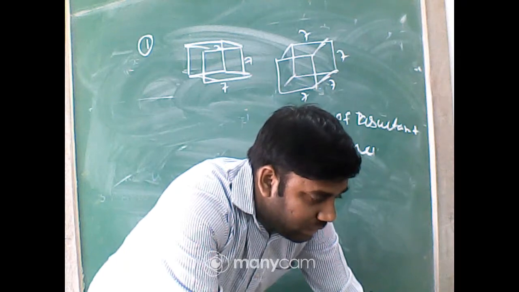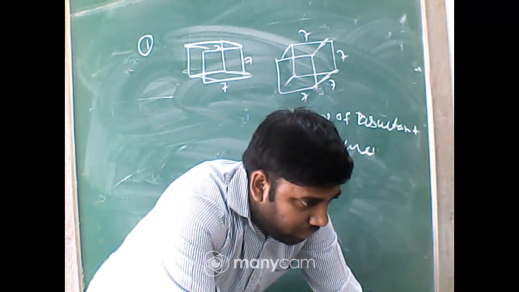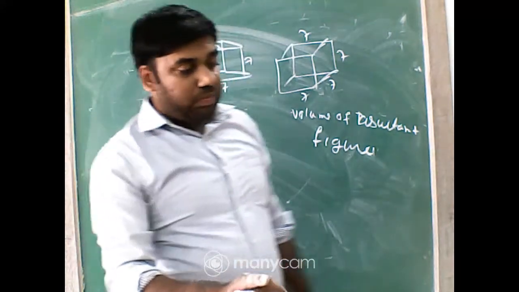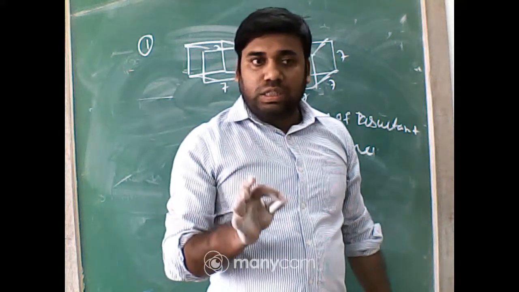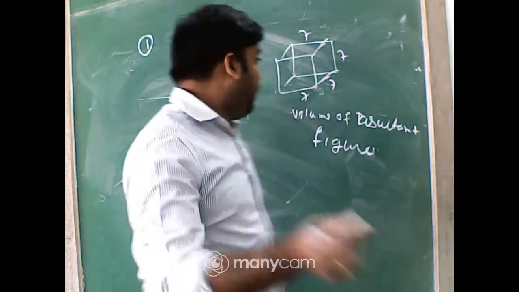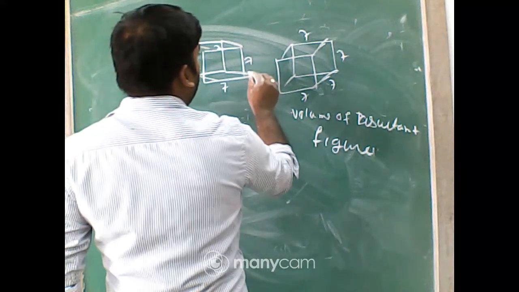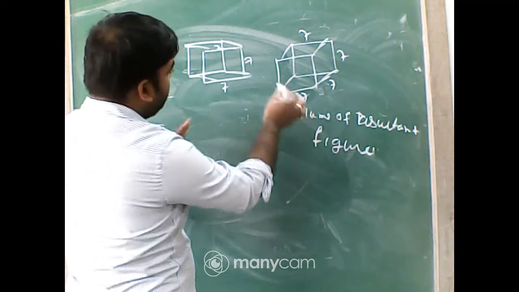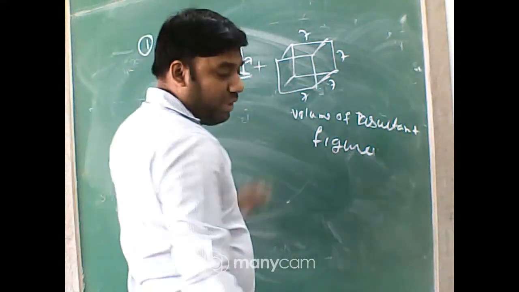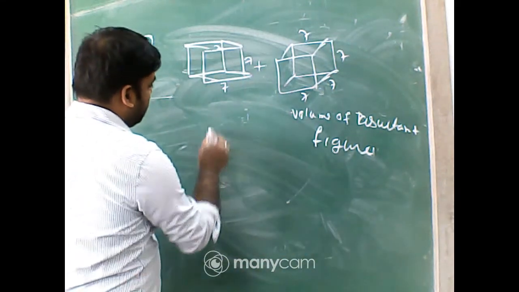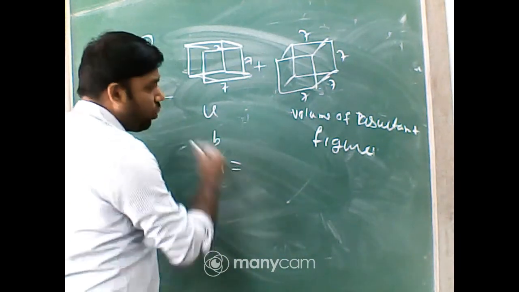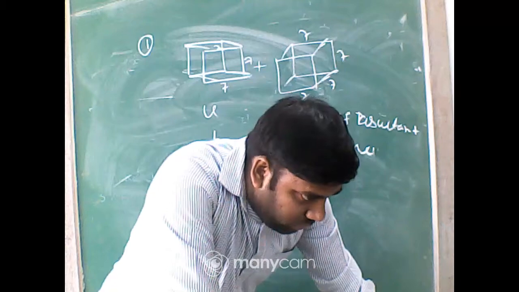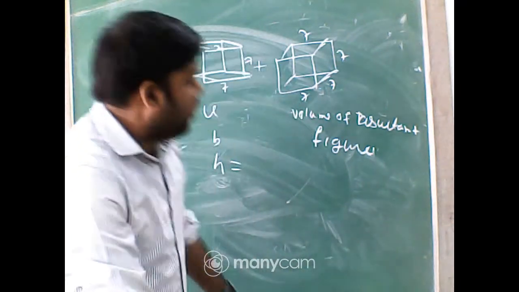Who will answer? Rajana, tell me. Only Rajana will say. To find the... wait 1 minute, student. These two cubes are joined like along this. Just keep it beside, like in this way. So then Rajana, tell me what will be the height of the resultant cube? Yes, 7, 14 and 7.